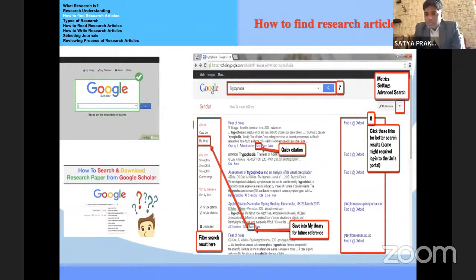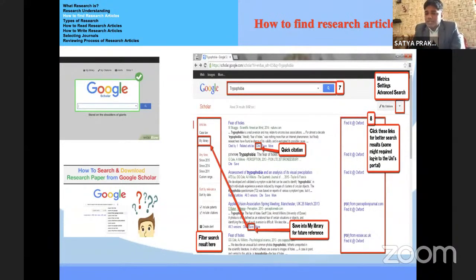In Google Scholar, you get many things in a quick manner, like the citation of these articles. What is citation? It is how many people recommend his or her work. How many people use these articles? How many people read these articles?